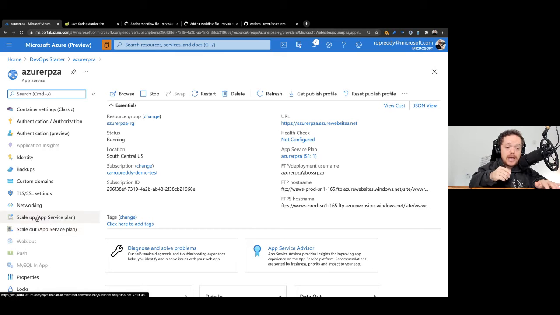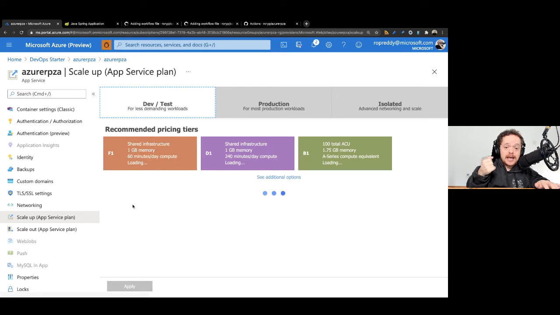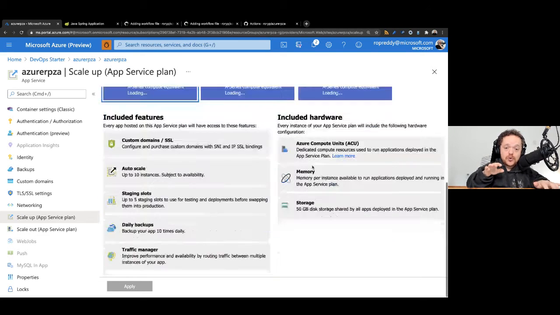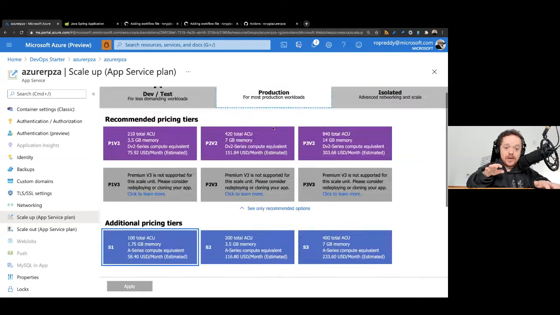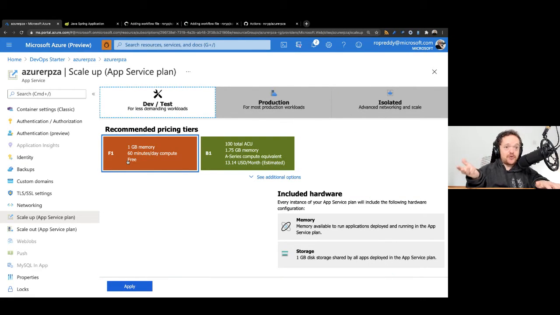So I can go into my app service plan, and you'll see there that I defaulted for the S1, which is a beautifully powerful server. I think it's 4 CPUs, 8 gigs of RAM, lots of power for your service here. And I can upgrade it if I want, and I can also scale out. So let's see here what we got here. I've got S1, there we go. Okay, 2 gigs of RAM, and then A series complete, and I can go all the way up to some monster servers that you can actually get here. Or I can downgrade it to F1, which is free. I don't even have to pay for that underlying server.